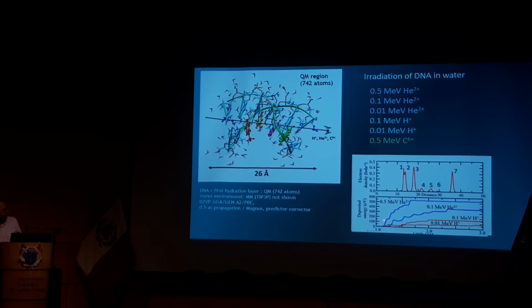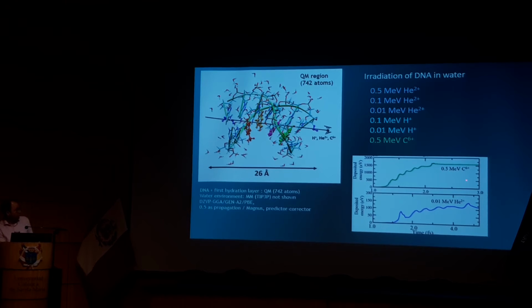And at the bottom you have the profile of energy deposited along the dynamics. You see 7 steps that correspond to each of the collisions along the projectile trajectory. When you have +2 charge, you have more energy deposited than with protons, because a +2 charge interacts more with the electrons. Again, the energy which is deposited is absolutely huge, hundreds of eV. And with carbon ions, we have thousands of eV, more than 1,000 eV. So this is really, really important.